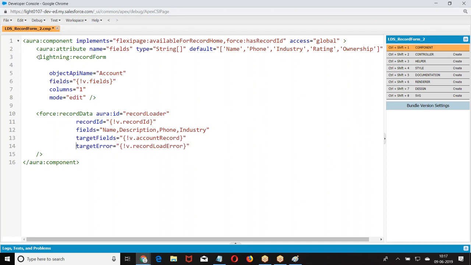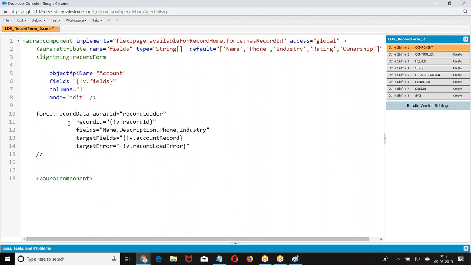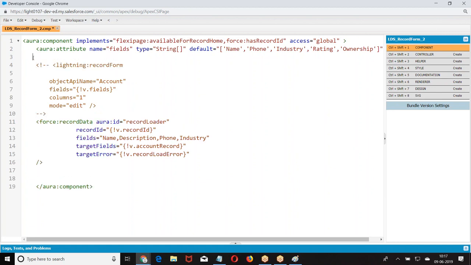If you find anything new in this, let me know. I don't want to add it here. Let me build a separate component. It's okay. Let me do this. So what I will be doing here,